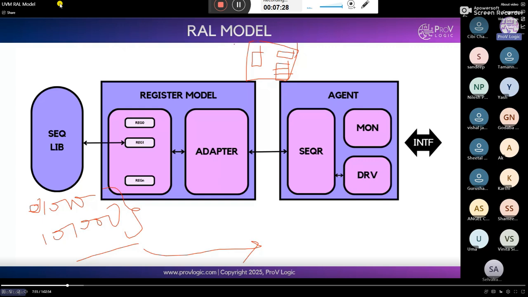Whatever processor we are designing, suppose any processor, there will be a number of internal cores, and there will be instructions. Through the instructions only, every communication will happen from the processor to the normal functional block, right? Suppose this processor wants to communicate with the memory, so how can it communicate? The handshake between the processor and memory will happen through write and read operations. How will those write and read operations happen? Here we need to write the instruction.